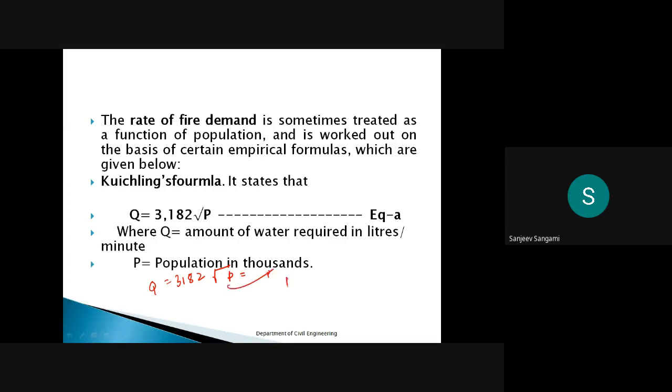Remember, thousands means, for example, you have a population of, assume, 10,000. Then I have to substitute the value as 10 in place of P here, not 10,000. Then Q is always in liters per minute. Remember,